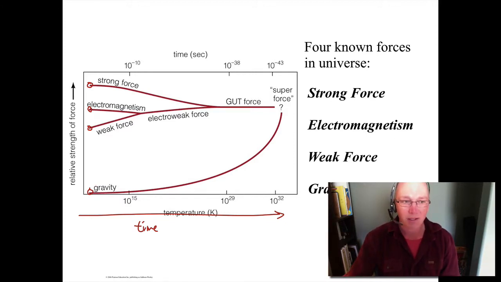However, in our particle accelerators, we can do experiments at higher and higher temperature, and we have discovered that if you go to a high enough temperature, the electromagnetic and weak force combine and become indistinguishable, effectively becoming the same force, which we call the electroweak force. Go back to higher temperatures, again, in laboratory experiments, we find that the strong force and the electroweak force become indistinguishable. And this is called the GUT force. GUT stands for Grand Unified Theory.